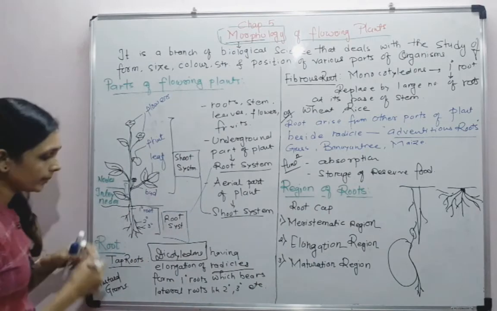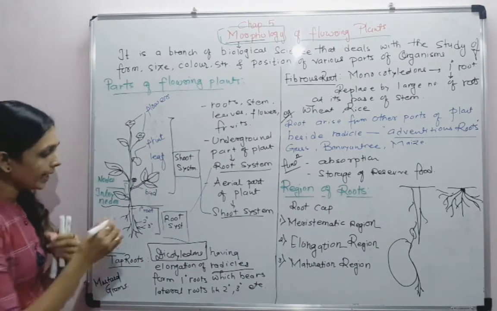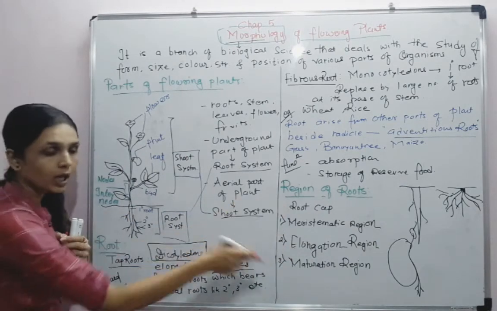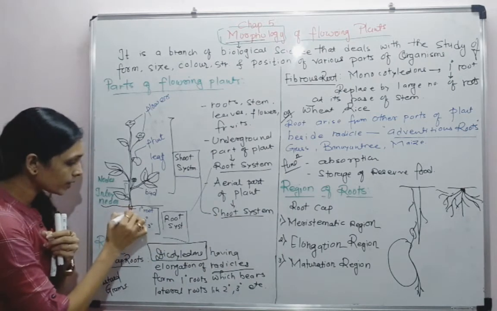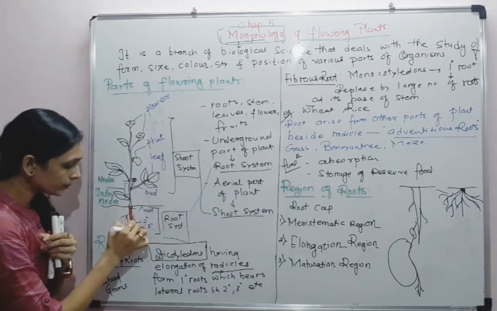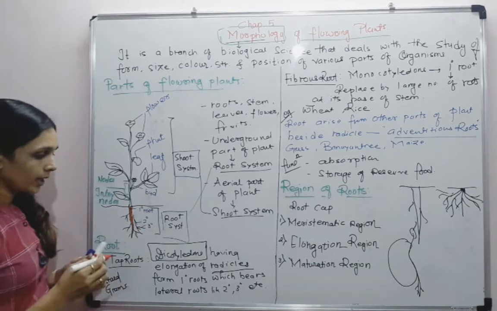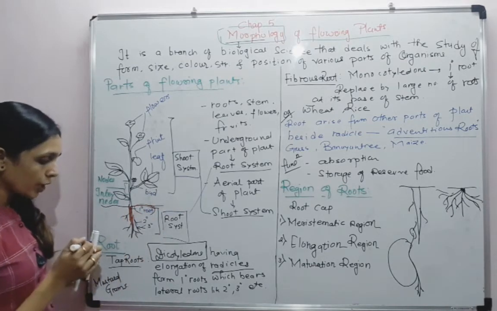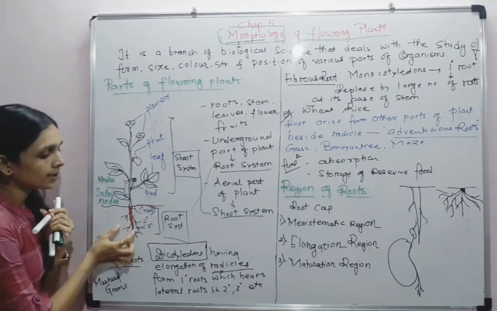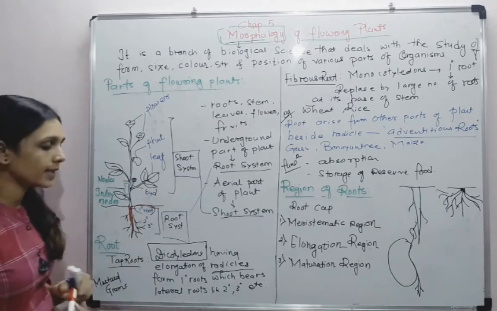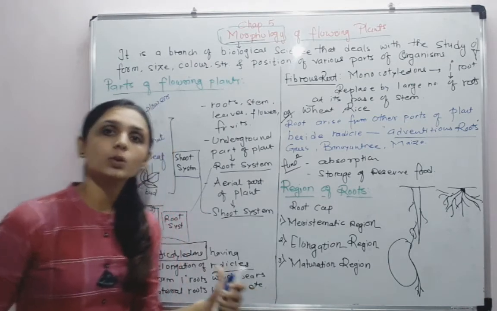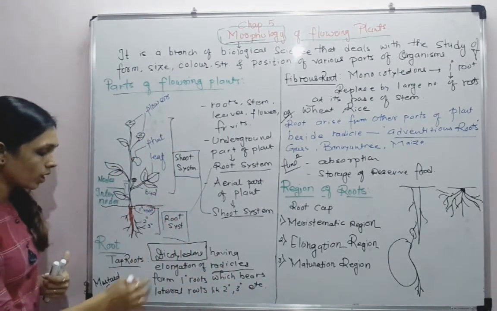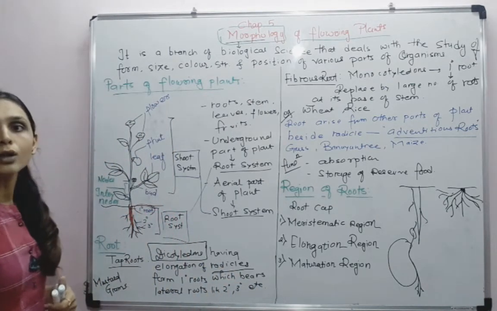Look at this. Taproot in dicotyledons has elongation of the radicle into the primary root, which bears lateral roots. You can see over here, the radicle elongates and forms this main root, what I colored, the primary root. It bears lateral roots like this, known as secondary or tertiary roots likewise. This is the taproot, found in dicots like mustard and gram.